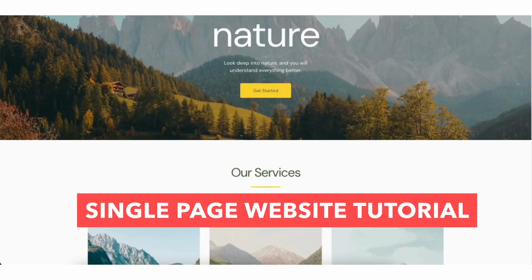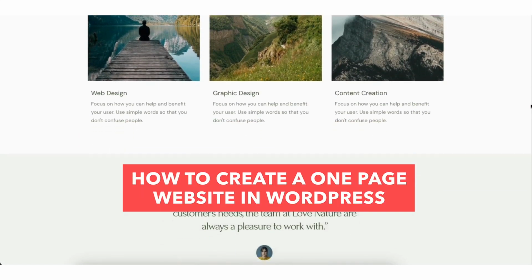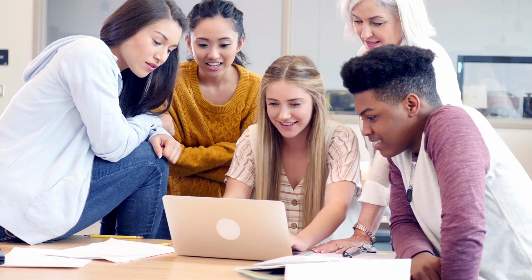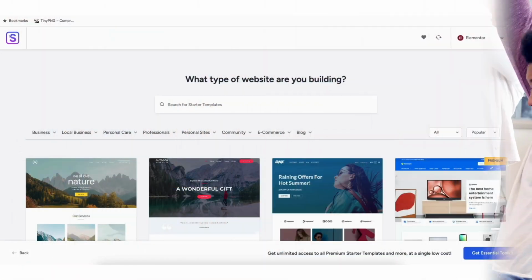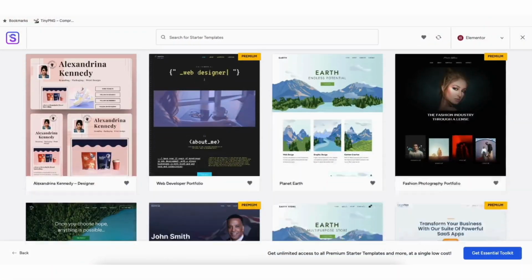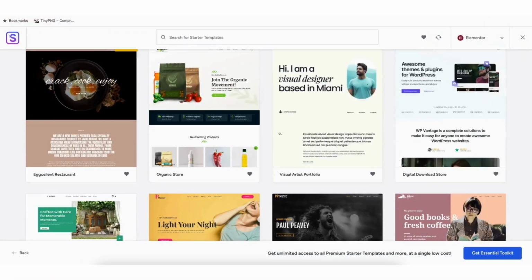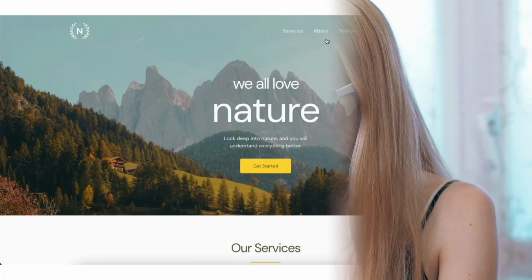In this single page website tutorial, I'm going to be going over how to create a one-page website in WordPress step by step from start to finish. I'll be showing you how to access professional pre-made WordPress website templates to make creating your one-page website an easy process. No matter what template you want to use, I'll be showing you how you can easily turn it into